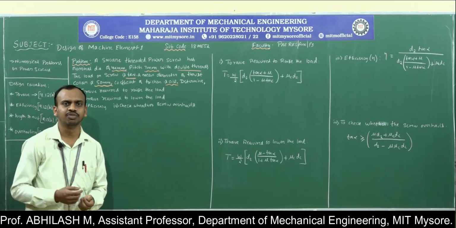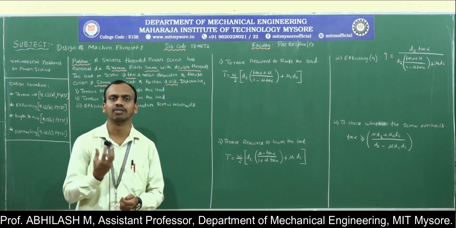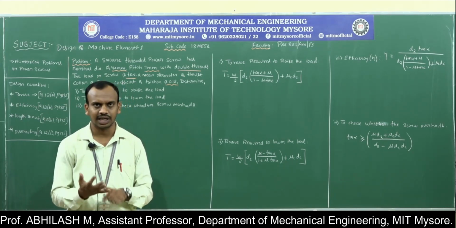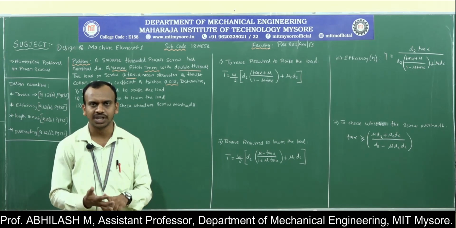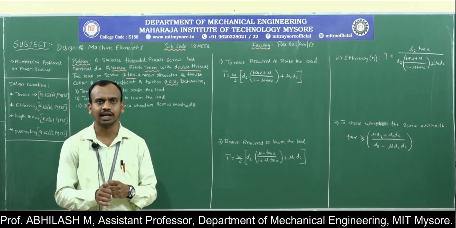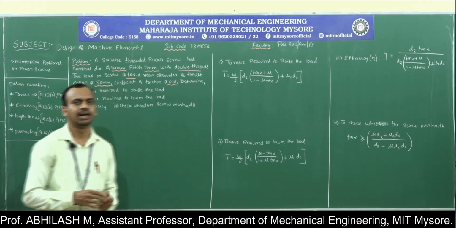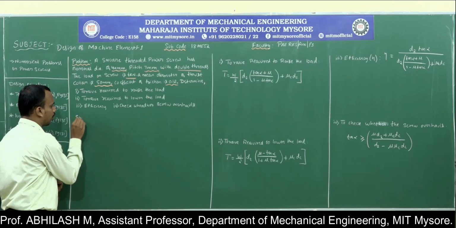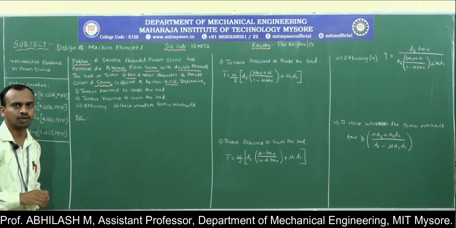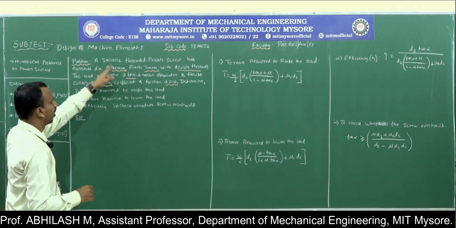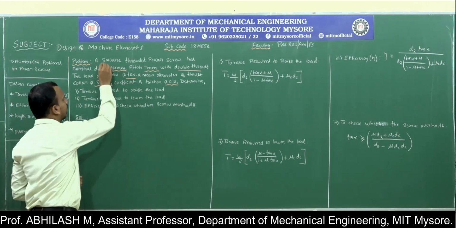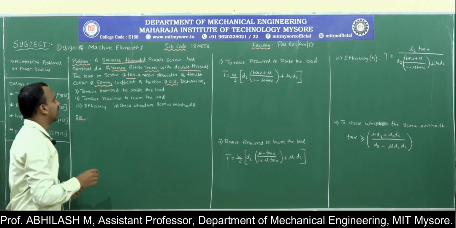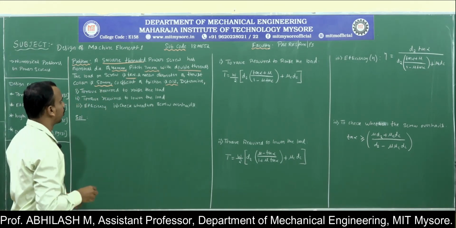So in the previous problem we understood the first step in solving any problem in power screws is to identify all the dimensions D, D1, D2, the pitch and the lead angle, that is tan alpha. Then we will proceed with the identification of the data. So first we will list down the data given in the problem. It is a square thread power screw which has a nominal diameter of 44 millimeter.